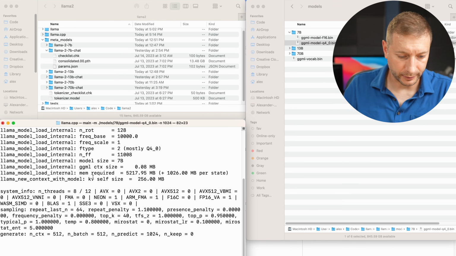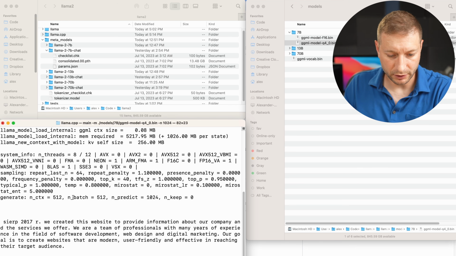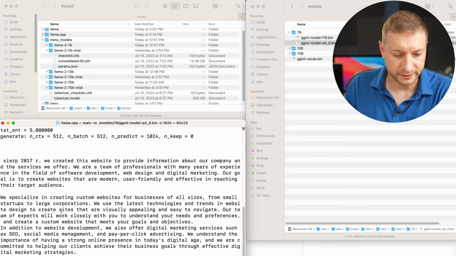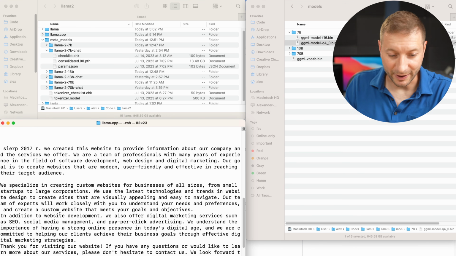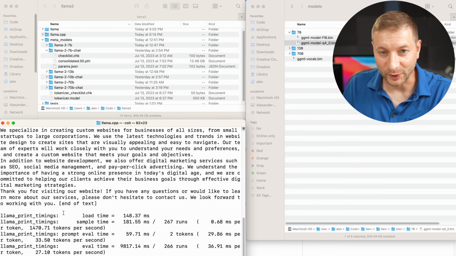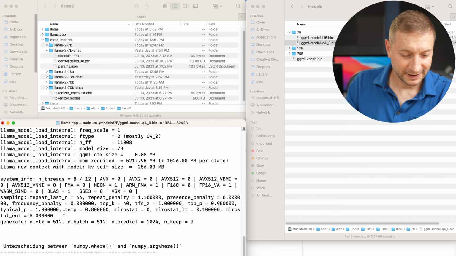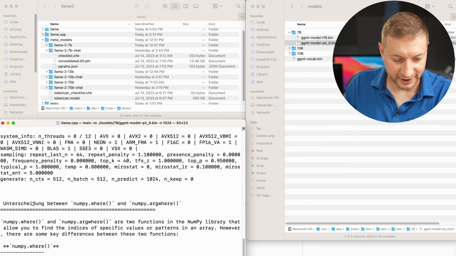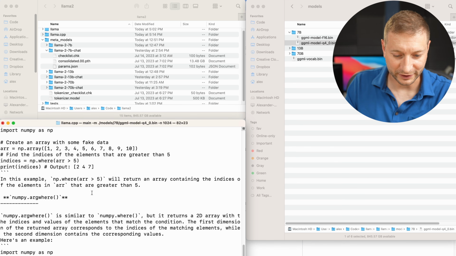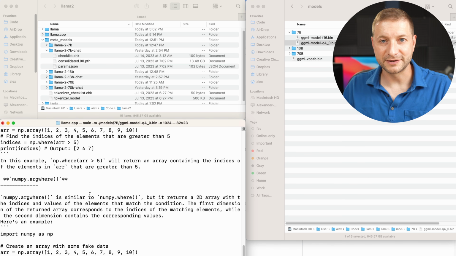Let's try this. I'm going to run this, and it's spewing out all sorts of weird stuff. I have no idea what all that stuff is, but it's doing it. There it is. That was generated by the 7 billion parameter model, and I have no idea what it is. If you run this again, it's going to spew all sorts of things. Some of it is in German. Wow. It even has some code in there, some Python code. So crazy stuff. How do we get it to do something useful?